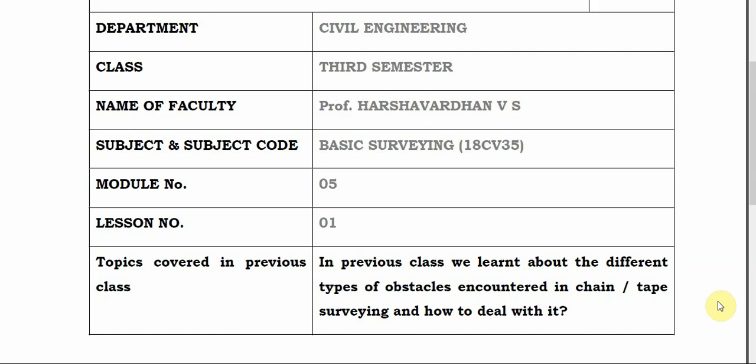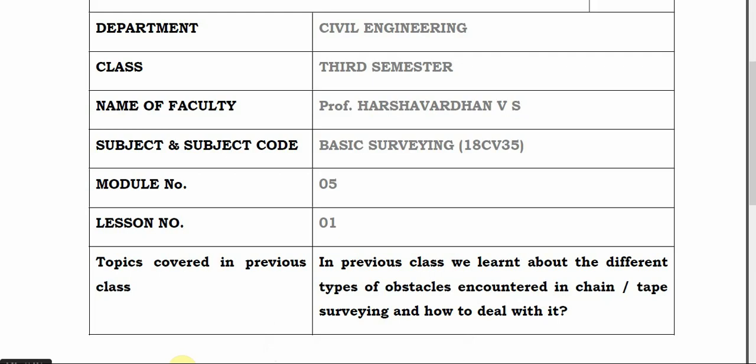So a pond, a lake, or a swamp are examples of obstacles to chaining only. Now, the last category is obstacle to both chaining and ranging, which means both the points